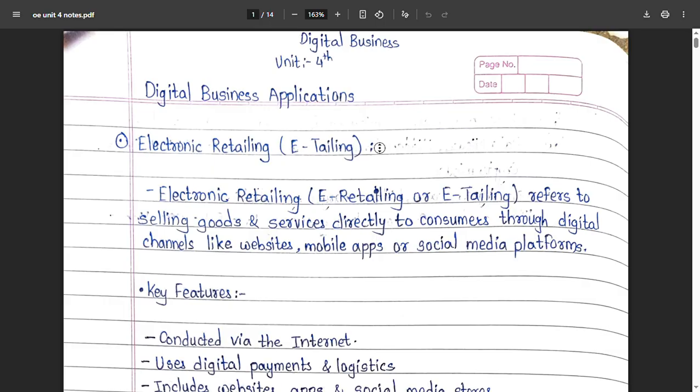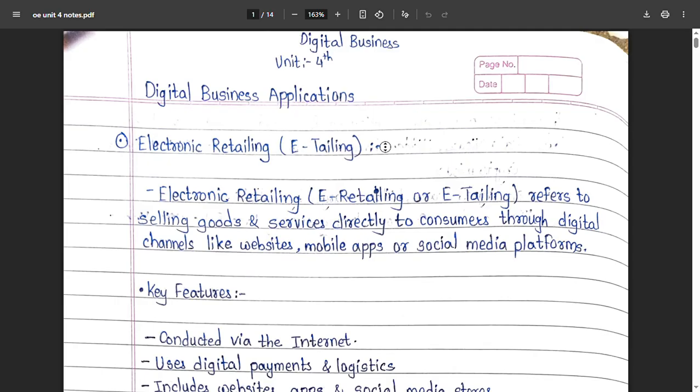So why is e-tailing very important? The answer is it allows the customer to shop anytime, anywhere, without visiting a physical store.